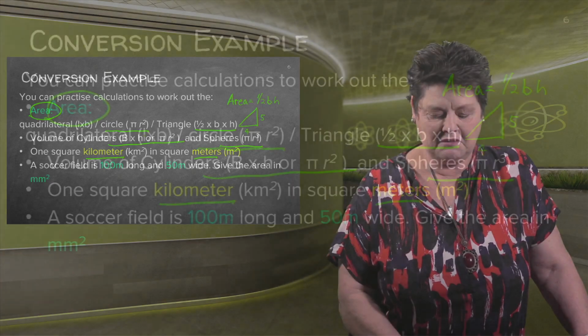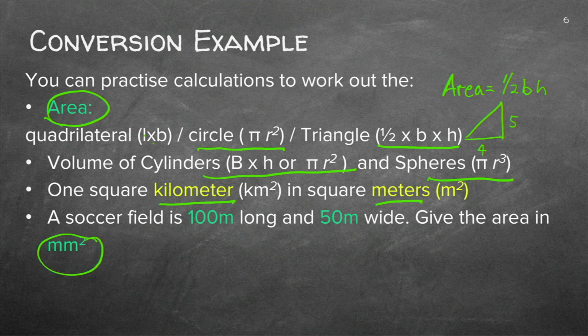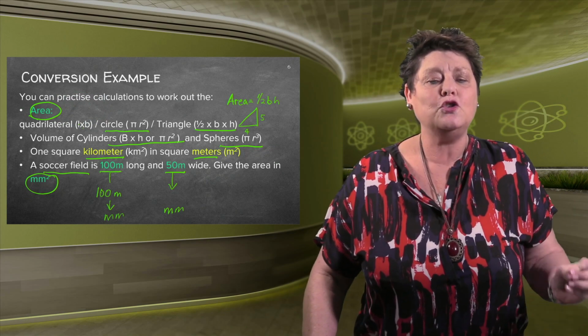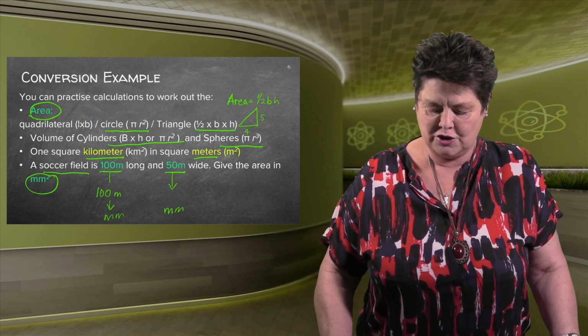They asked a question. Calculate the millimeter square of a soccer field. Now that would be insane to measure a soccer field in millimeters. Given to you is 100 meters long and 50 meters wide. So you will have to say that would be 100 meter, and you've got to take that to millimeter, and then that one to millimeter. That's the kind of practice that you'll have to do at your own time to get a grip of conversions.